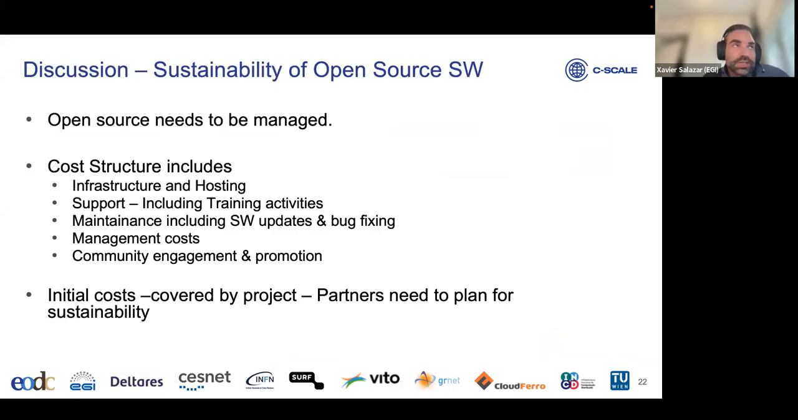So following the examples, I wanted to finish this presentation to discuss a bit the sustainability of open source software, because when you have an open source project or open source software, you need to manage it. It's not only the fact that you put it on a repository and you make it available to anyone,